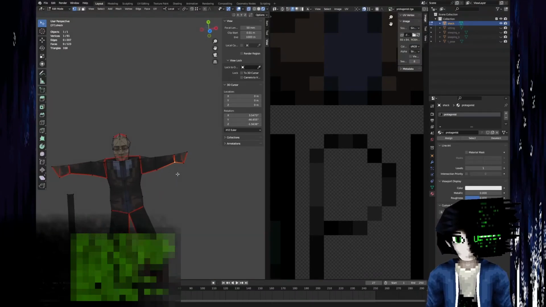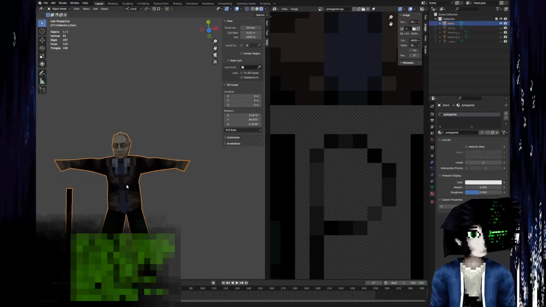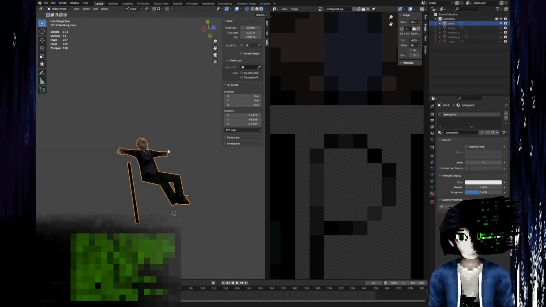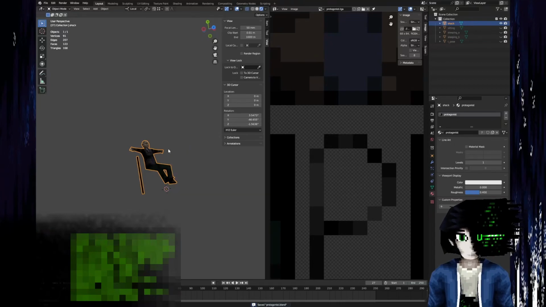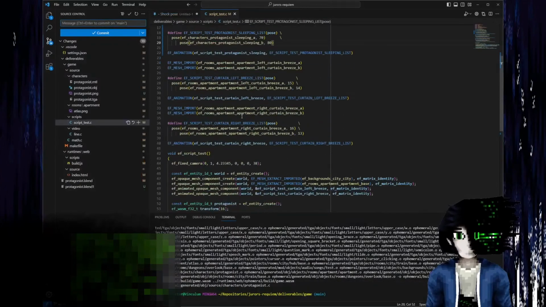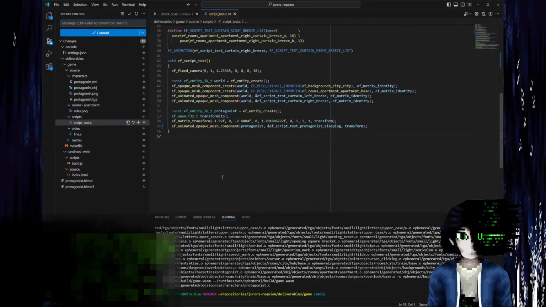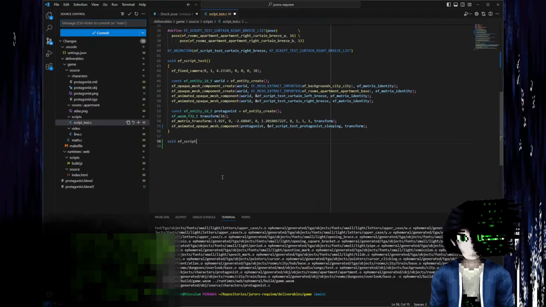Maybe I'm raising the arms too much. Oops. It'd take a lot to get me to move that much, I can tell you that much. Okay. Let's export this back out, see how it looks in context. Okay, so